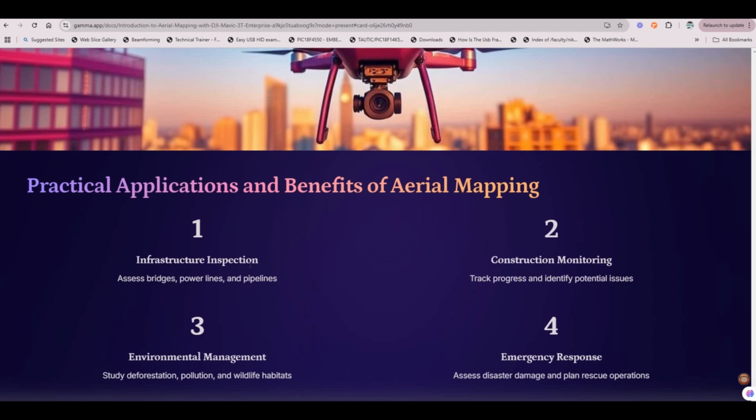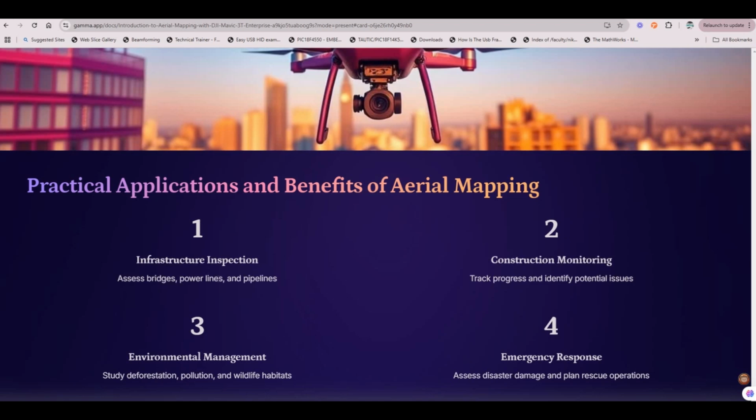So sometimes when I fly over BN, there is a telecommunication tower. There's a pole there, a telecommunication pole. Whenever the drone goes there, if I go in the range, it will say that there is an interfering signal. So it will give a message. You can also assess bridges, power lines,